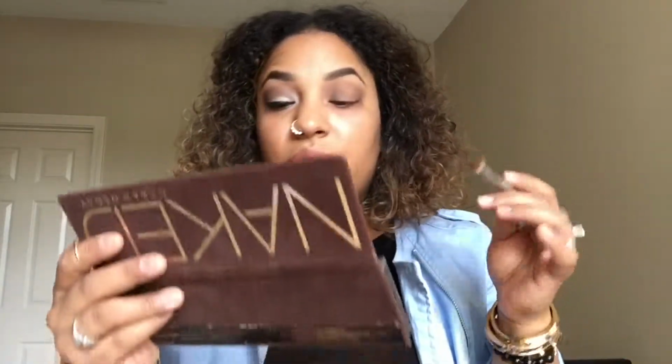with a fluffy brush. This one is a Sigma E25, sorry. That's what I use just to set the crease on here. And I go a little bit higher than my actual crease because my eyes are really almond shaped and really small. And then I'm going to deepen it a little bit with the color Hustle right on the outer V. I try to make it more into circular motions, and I'm going to mix that with the color Buck,